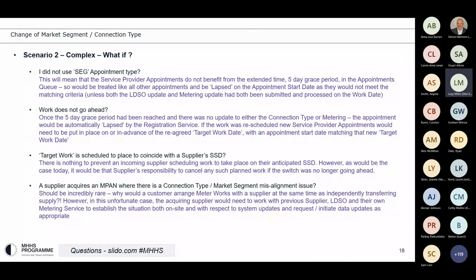If the target work date is rescheduled, then as we said earlier, the supplier would need to then reissue new proposed appointments for the new target work date. Oh, sorry, I'm answering a different question there. Saying target work date is scheduled to coincide with an SSD. Yeah. So there's nothing